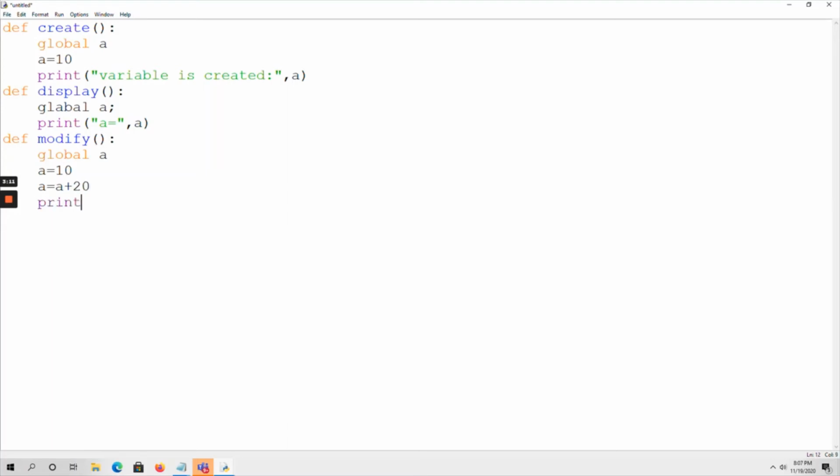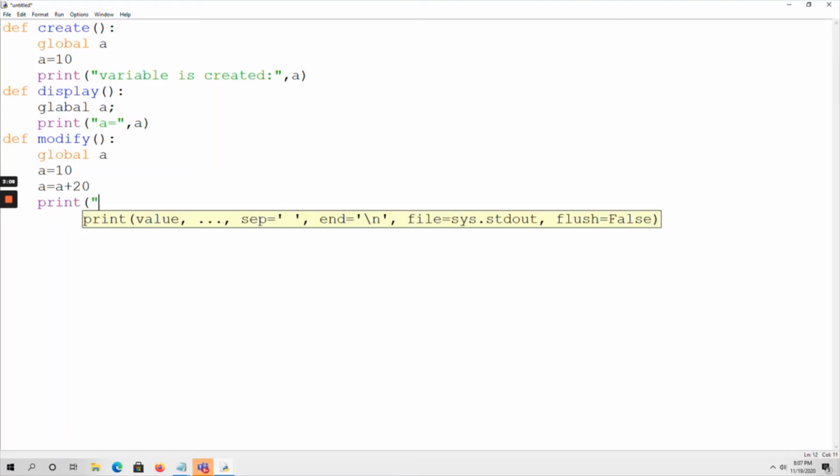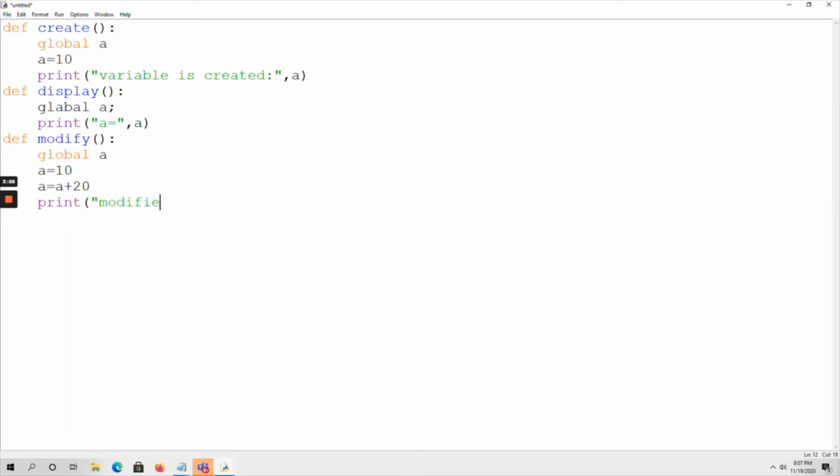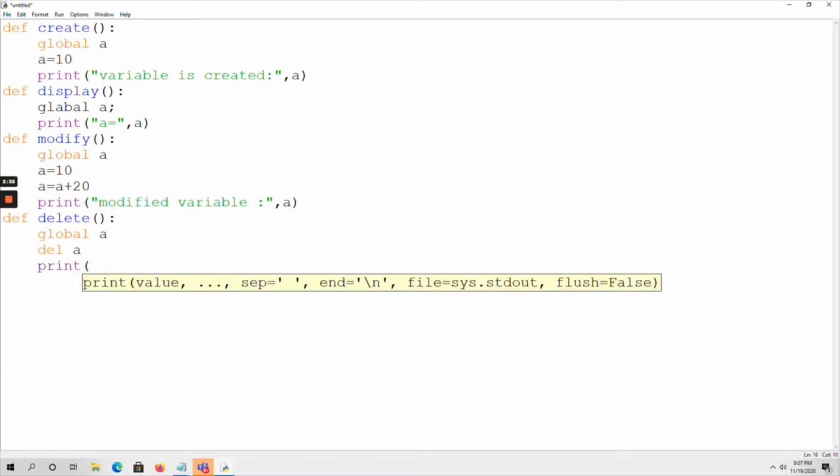So, print of modified variable, comma A. Next, I am going to define a function delete. So, here global A, delete of A, print, just a message I am going to print that variable is deleted.